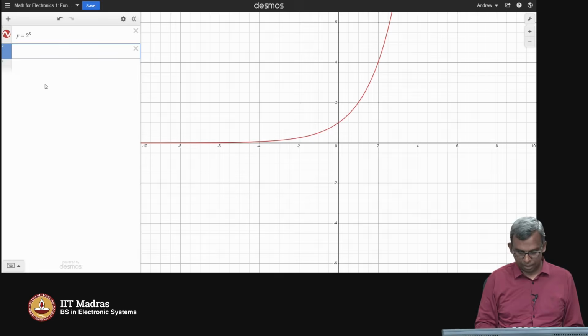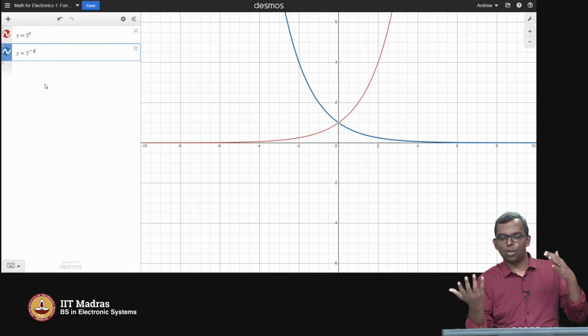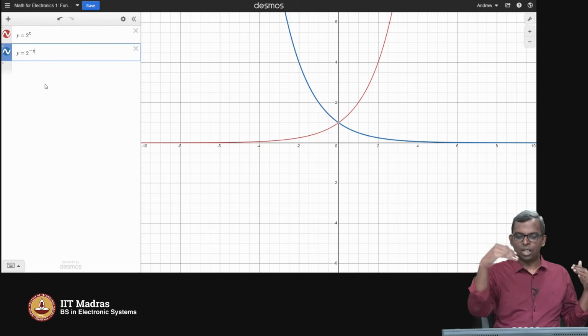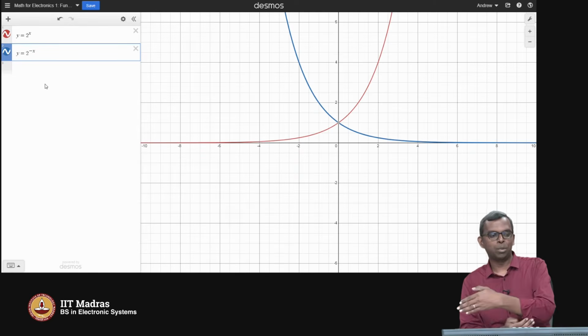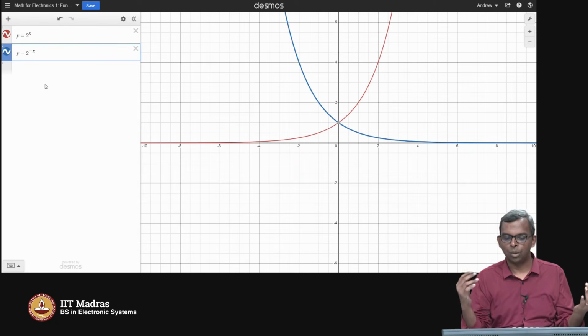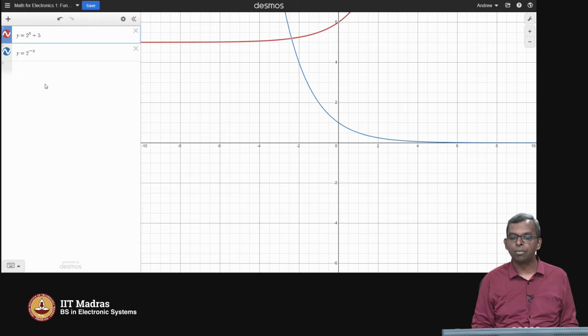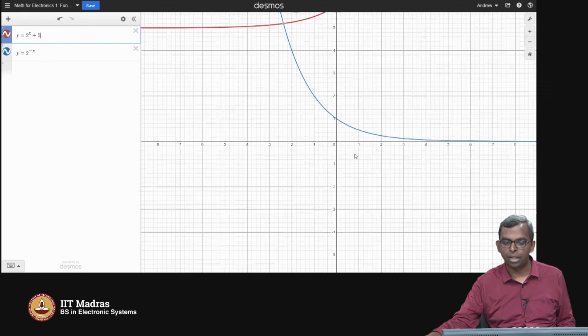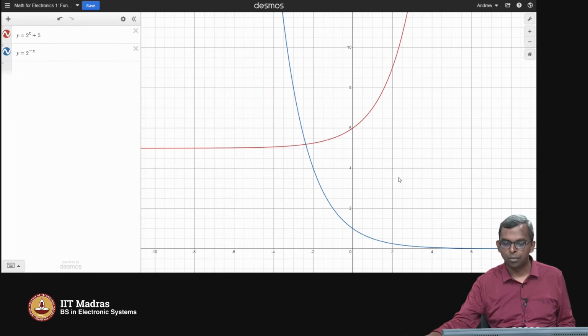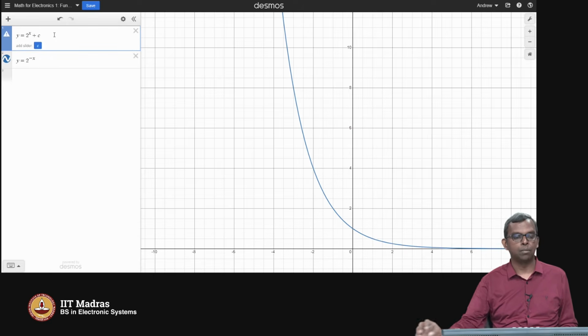I want to add to this another interesting looking function, 2 power minus x. So notice it's sort of like this, the reverse, right? 2 power x on the negative side is flipped over because I did 2 power minus x. So that's going to happen. Okay. What happens when I add a constant to 2 power x? What will happen if I add 5? The entire graph gets shifted up, right? That's all that happens. Let's see, if I remove this 5, so maybe I should just say c,